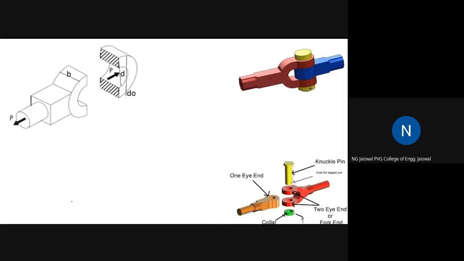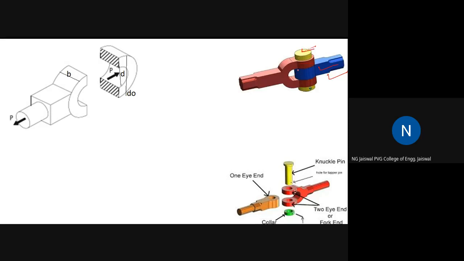Now another way, all we are trying to anticipate how they can fail. So this is another way of looking at the failure. This is a single eye. It means this component, right? And it can fail this way because it happens that this is very strong. Pin is very strong, will not fail.